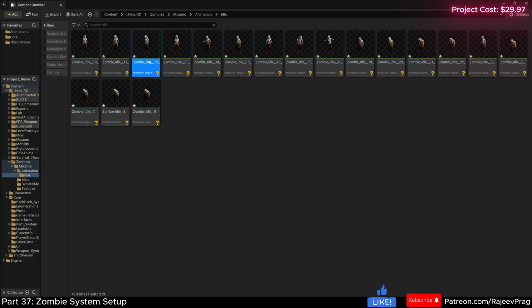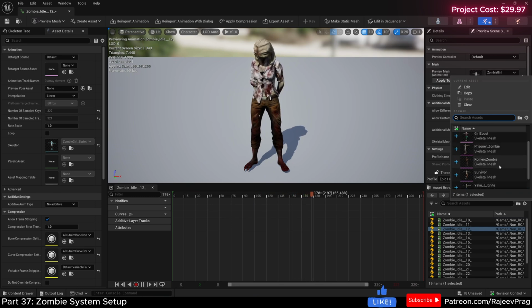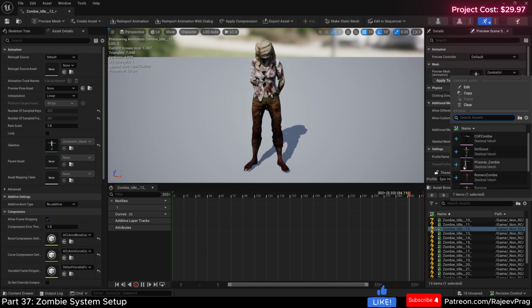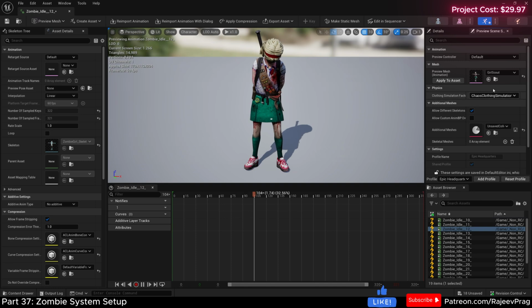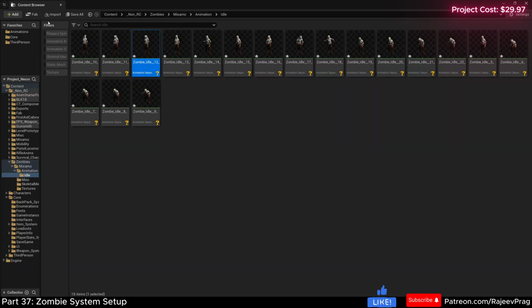If I were to just double click on one, it should work fine. And under here where I have the preview mesh, if I select it, I should have all of the other Mixamo characters readily available. And if I click on any other character, it should automatically work because we are sharing the same skeleton. Now we're going to go ahead and save all and do the same thing for the walk